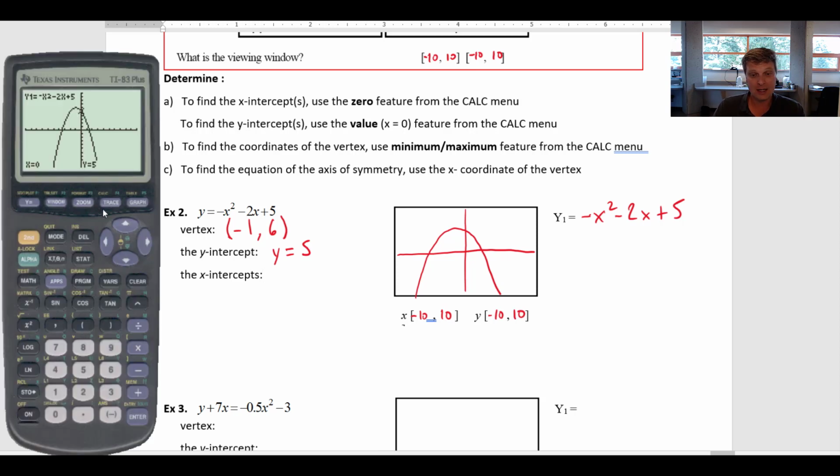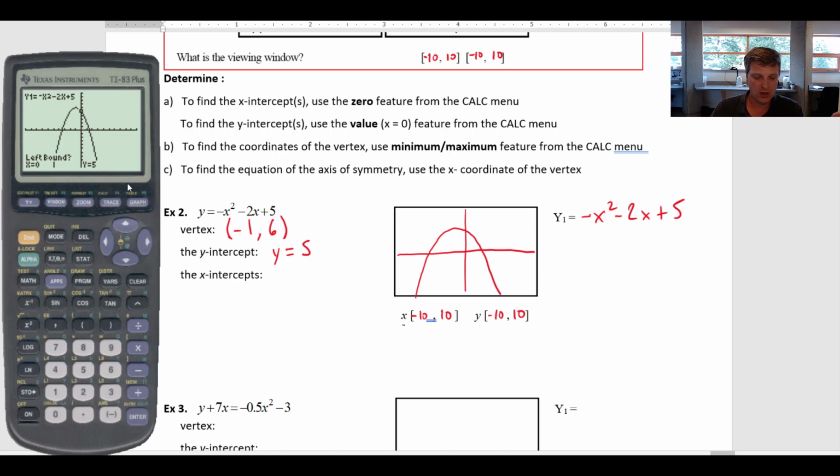All right, last but not least, the X-Intercept. So there are two of them, okay? I've got one over here and one over there. And so I'm going to go back to my Calc menu, second function trace, and to find the X-Intercepts, I need to use this 0 function. The zeros of a function is just another term for where it crosses the x-axis, basically where the function returns a value of 0. And so if I hit enter,